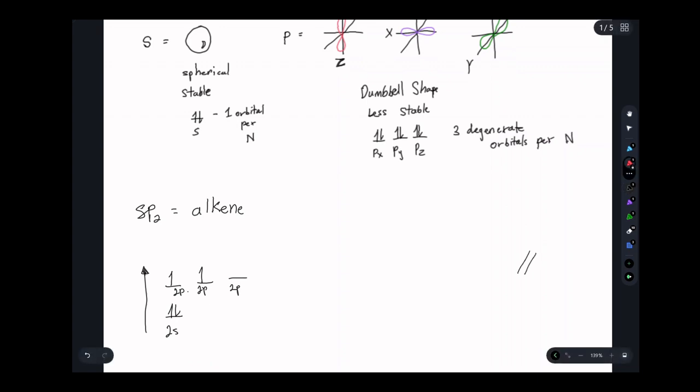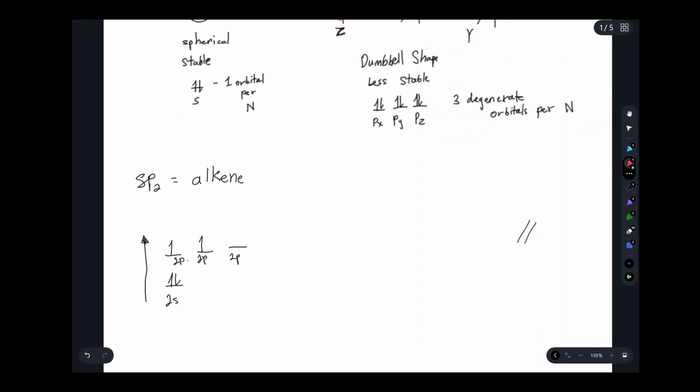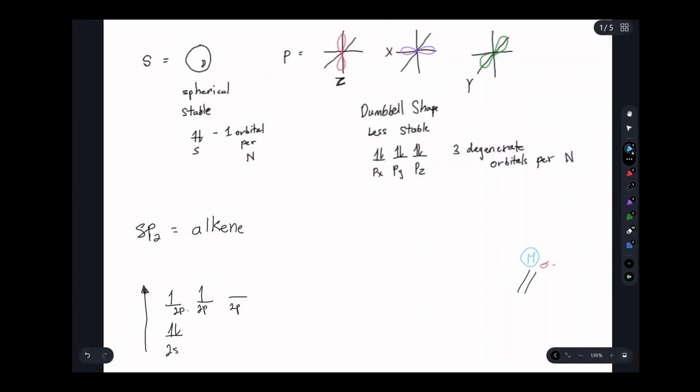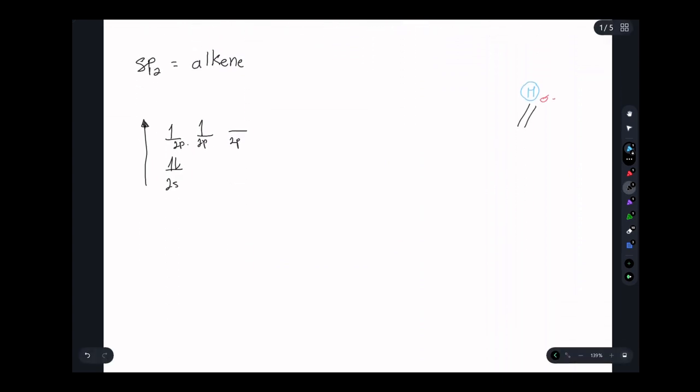Now, you may be familiar with the idea that a double bond is composed of two different bonds. A sigma bond, which we discussed last lecture, represents a bond made by a hybridized orbital, and a pi bond. And we're going to figure out what that pi bond really is today and what it looks like when we draw the orbitals. So to get started, let's understand that the alkene,